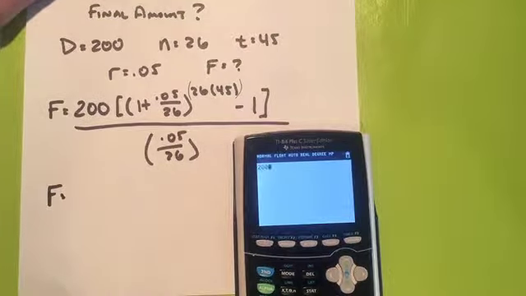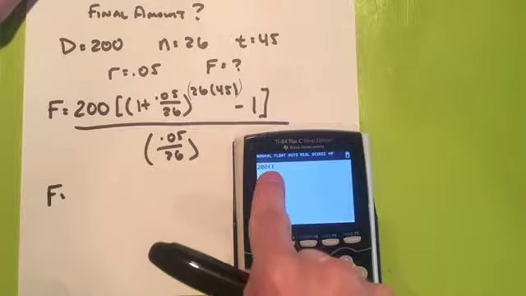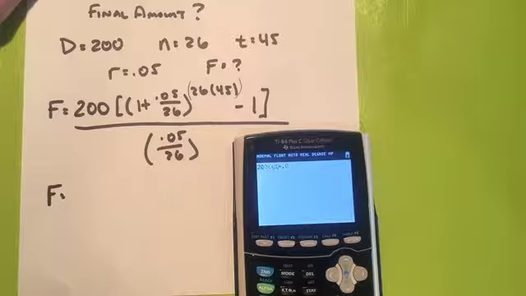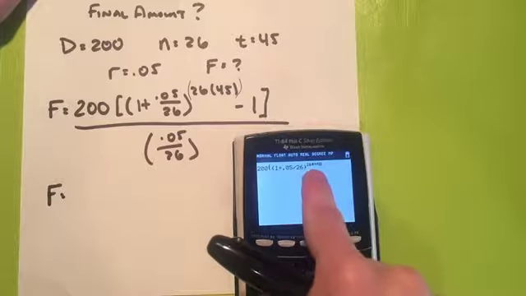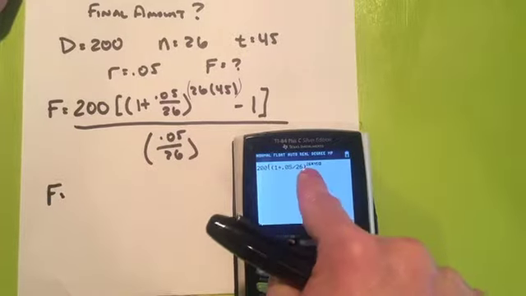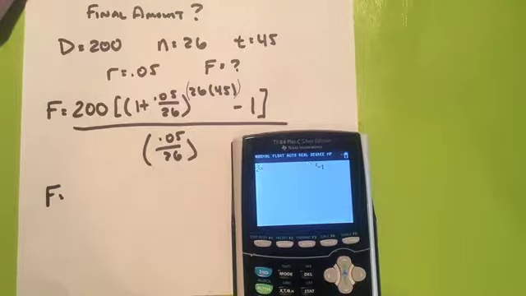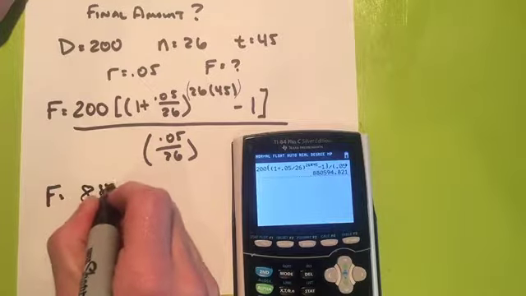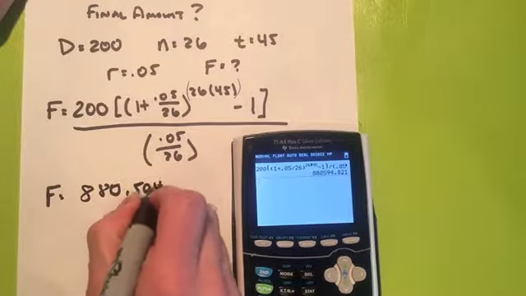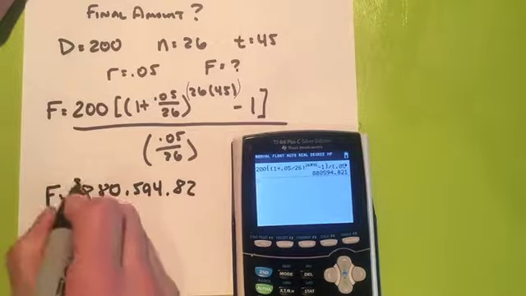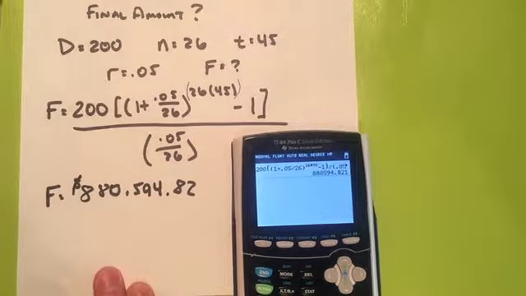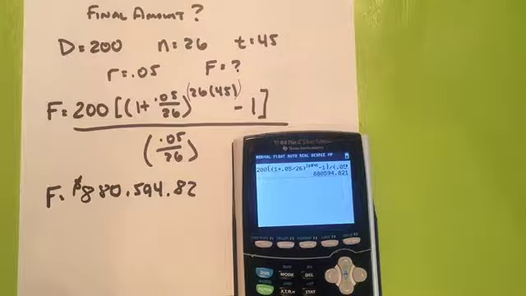So if we save $200 every paycheck, two parentheses, be careful with your exponent. Make certain that if you have the caret in there that you put parentheses around 26 times 45. I do not need that because I have the little box in there. Plug everything in. $880,594.82. So if you start saving $200 a paycheck right now, I realize that's high school, college, maybe not so much, but right out of school, if you start saving some money, long time from now, you're going to be